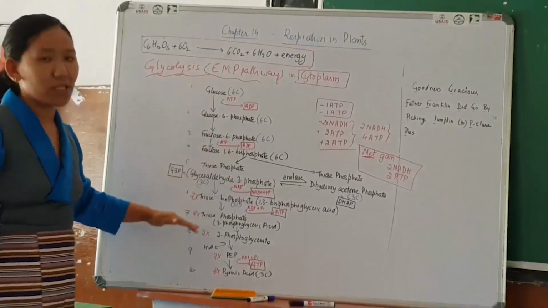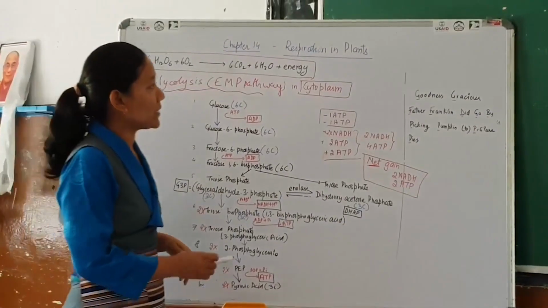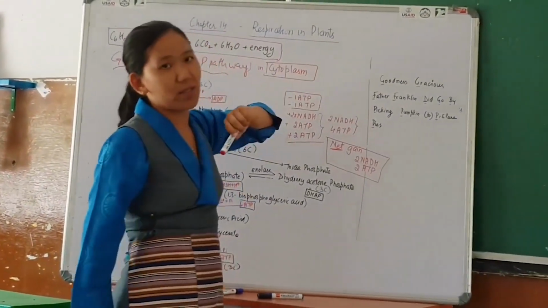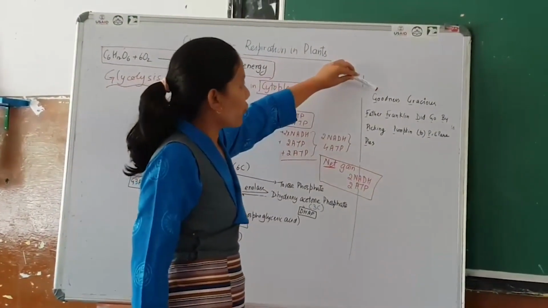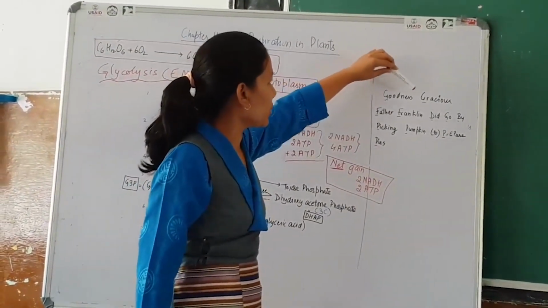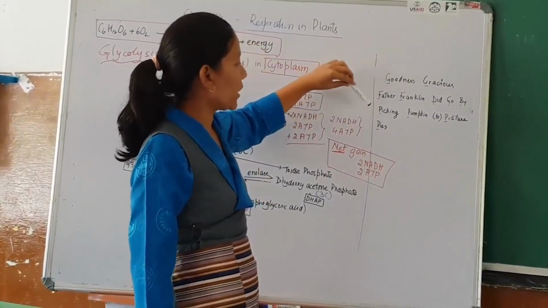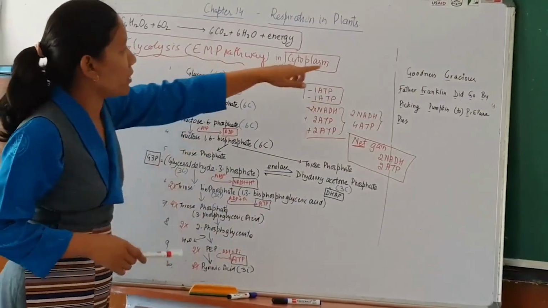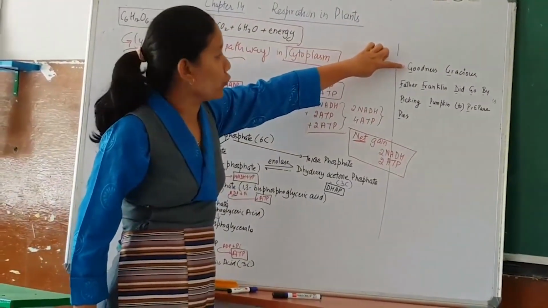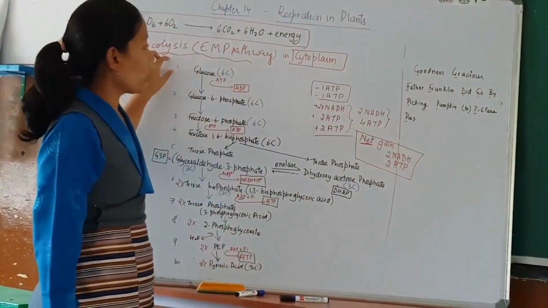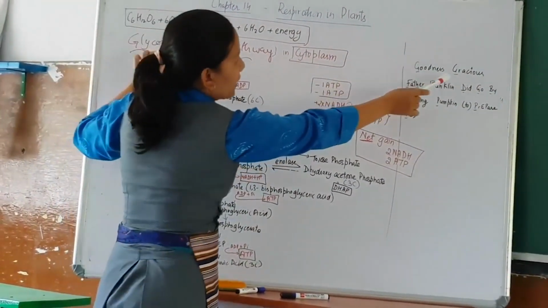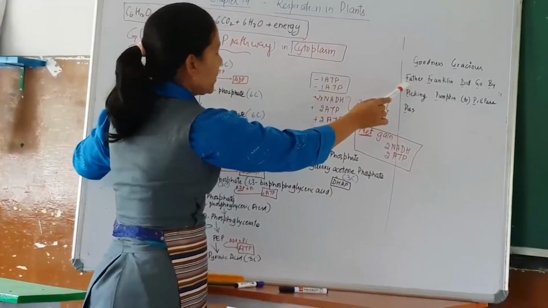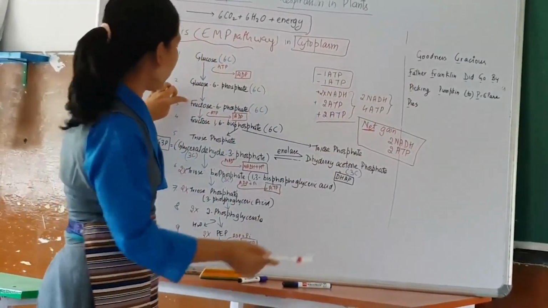So as to memorize it easily, we have a mnemonic. So let's see here. This is a mnemonic to remember the steps in glycolysis. Goodness gracious Father Franklin did go by peeling pumpkin to prepare ice. So if you look at this, first just look at the first letter of it, goodness. This stands for glucose, and gracious, glucose 6-phosphate, father, F, that is fructose 6-phosphate, and